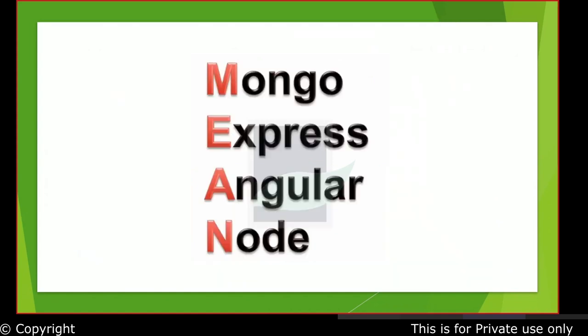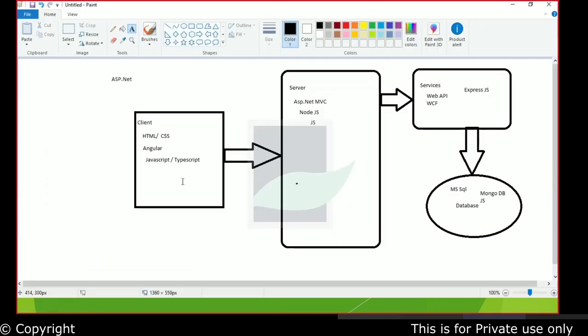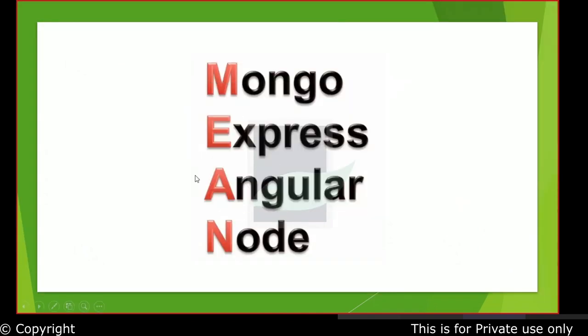So essentially, that's pretty much about what Mongo is. The acronym is actually jumbled. Your Angular is at the client end, so it should have started with the A and then an N and then an E and then an M. To just get a good phrase out of it, they just came up with MEAN. It in no way means that this is coming in the middle.